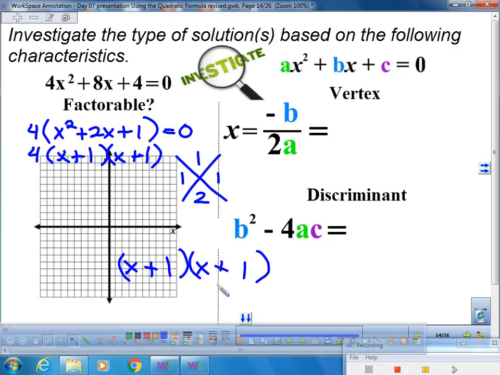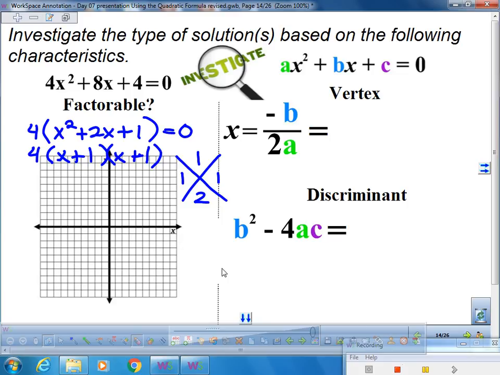So what do I know about this? What do I know about my graph? What does this tell us? It's going to skim the x-axis because it's a double root. So I know all of that because I can factor it. But this is going to be kind of like my check. It is factorable, but I'm going to go over here and I'm going to find the vertex and the discriminant